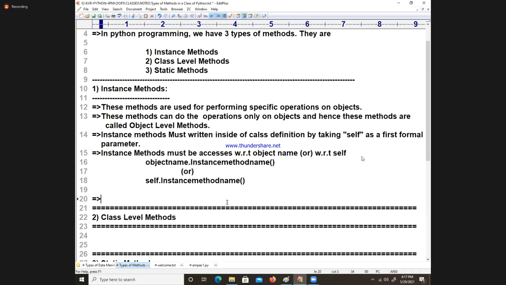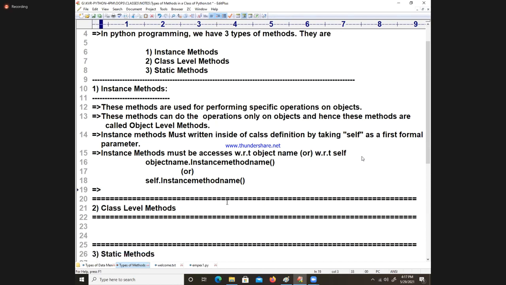Now, dear students, an instance method can call other methods also. For example, I have an instance method, and it can call other methods like this. When we come to that part, I will explain how an instance method can call other methods. Instance methods can also call other types of methods.